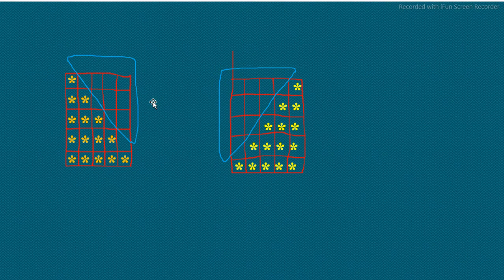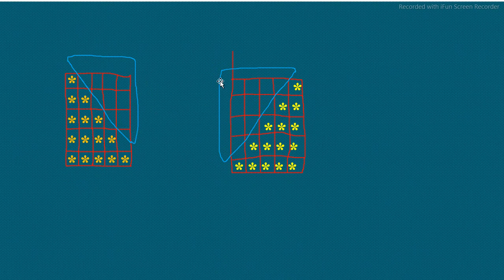The third point is important: if the space is right aligned, you do not need to worry about it. You can see in this pattern the spaces are right aligned to the stars, or whatever characters the pattern has. So even if it is a character, number, anything, and if the spaces are right aligned, you do not need to write any extra line of code for these spaces, only the code for the star. Even if you include the line for the spaces, your output will not come wrong, but that will be a waste of time.